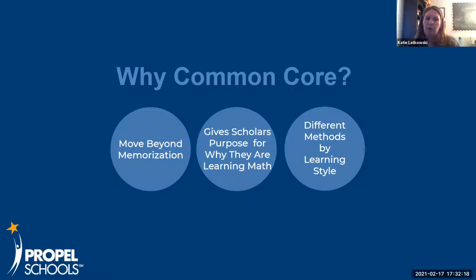And then moving beyond memorization, I think I touched on that, just how, when we learned multiplication, I just knew 3 times 3 is 9. I memorized those. I remember sitting there with flashcards over and over and over again. And if I knew that 3 times 3 was 9, I got to put a little raindrop on the cubby, and I was so excited. But again, what kind of foundation was I really learning about math specifically, being able to memorize that 3 times